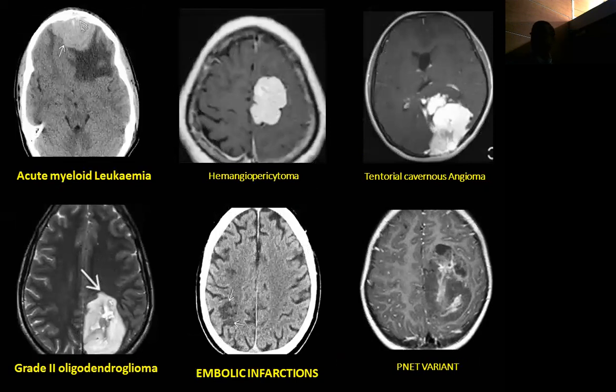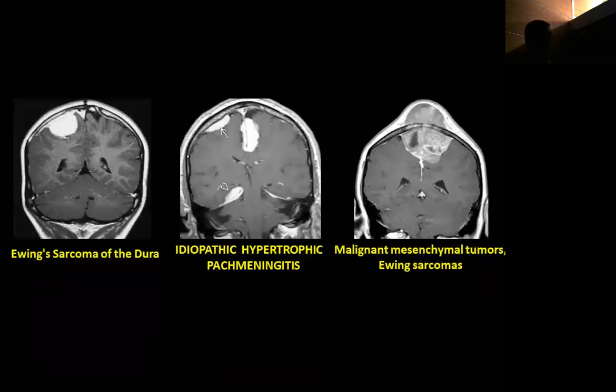Why should we bother? We should, because if we know that this is a lymphoma, there's no need for surgery. But if you do all the investigations and there is no primary lymphoma, then you have to go for surgery, not biopsy. Because if you want to treat lymphoma and you take as much of the lymphoma tissue out, this would help his chemotherapy. Ewing sarcoma looks like a meningioma. Hypertrophic pachymeningitis, very much like meningioma.